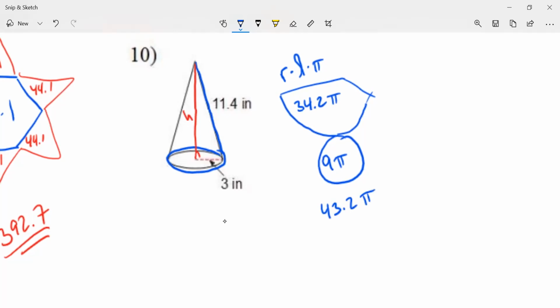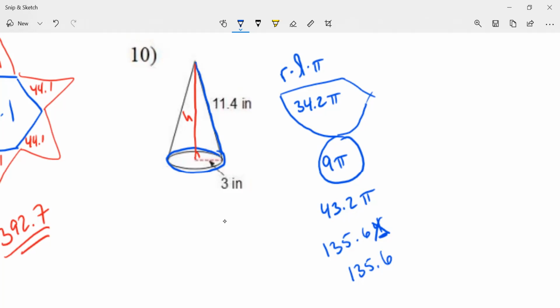Okay, now let me get the decimal. Let me go 43.2 times 3.14. According to my calculator, I get 135.64. Okay, this second decimal number is too small, so I ignore it. So my answer will be 135.6. If instead of using 3.14 for pi, you literally go 43.2 times pi, that should give you 135.7. Okay,